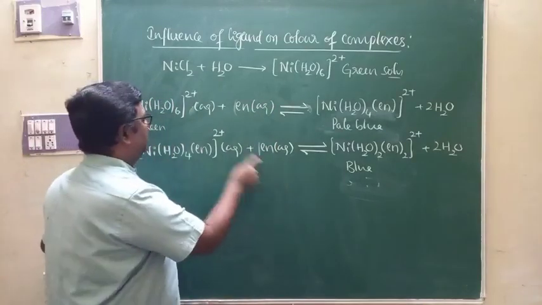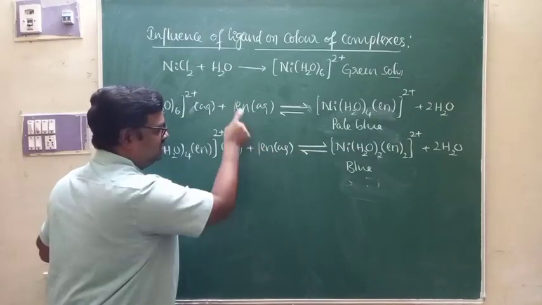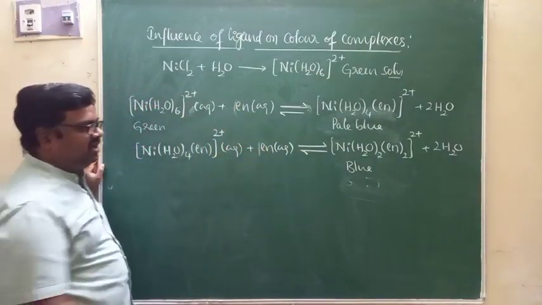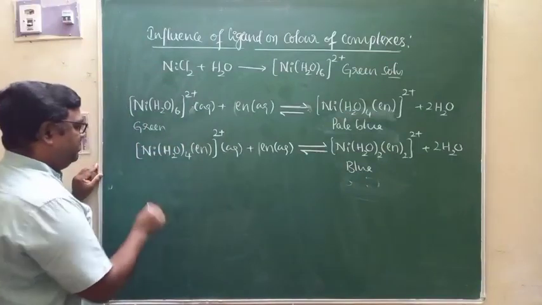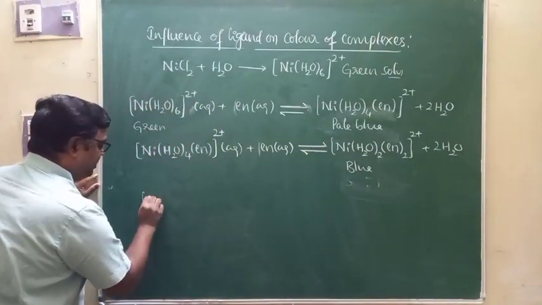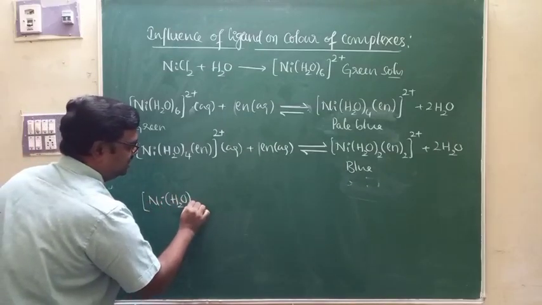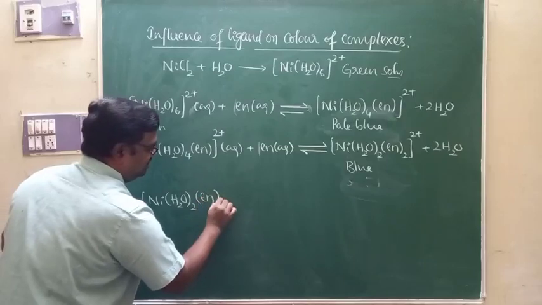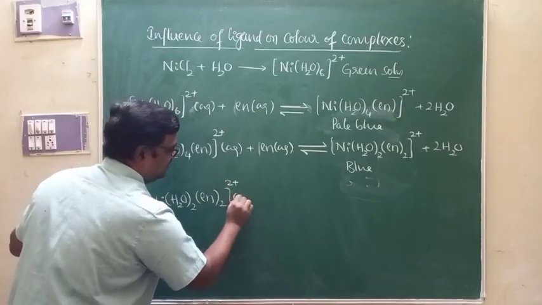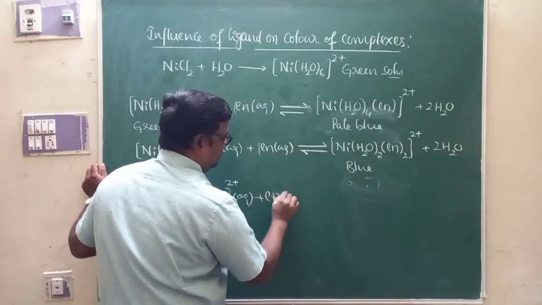And in this case, 1 mole of this particular complex is mixed with 2 moles. Here 1 mole, here 1 mole, that is 1:2 ratio, is it not? Then the color is changed. Apart from that, if this complex is mixed with 1 more mole of ethane 1,2-diamine, that is [Ni(H2O)2(en)2]2+, in aqueous solution, mixed with ethane 1,2-diamine.